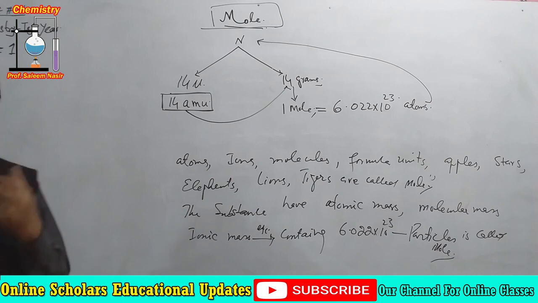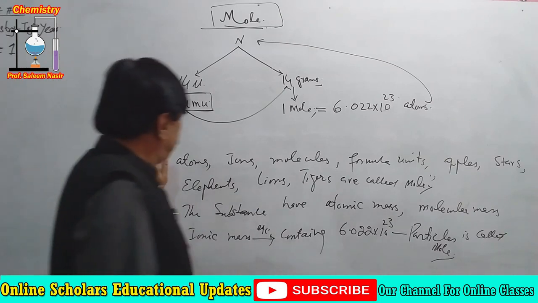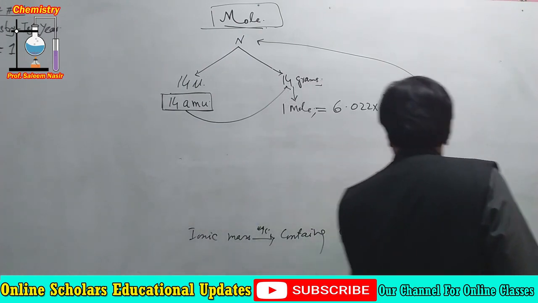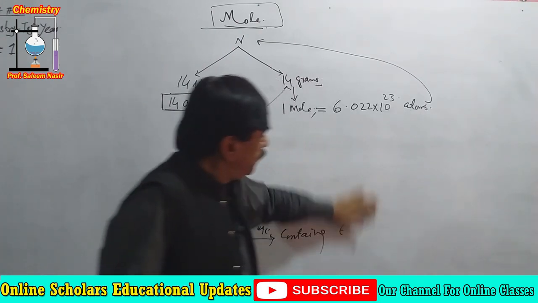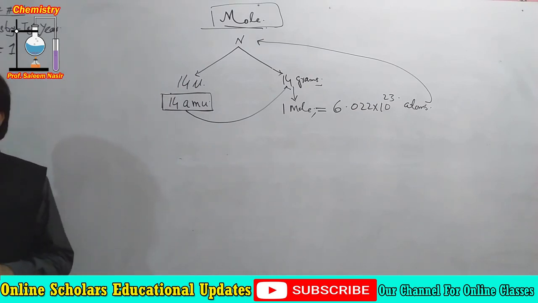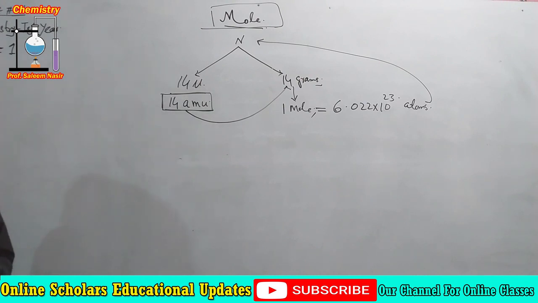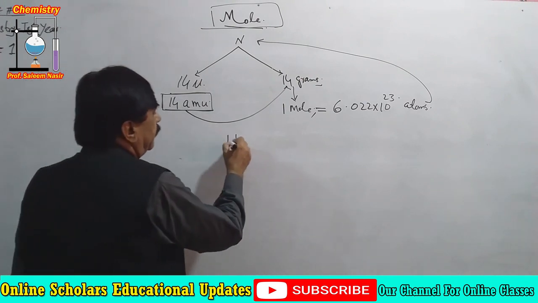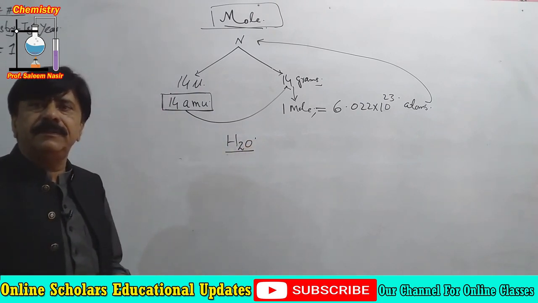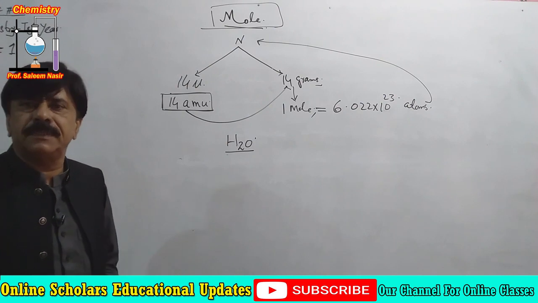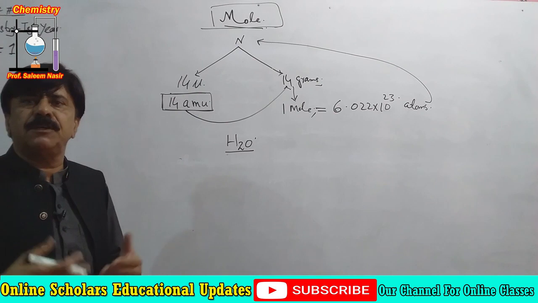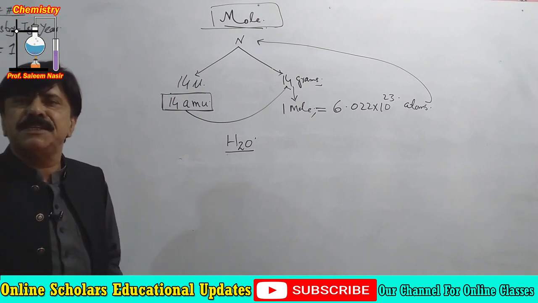Now we take another example for the convenience. If you are worried about that, don't worry. First I explain the nitrogen atom. Now we take the example of the water. What is water? It is a pure substance, as a molecule. H2O is representing the substance water, that is the molecule.